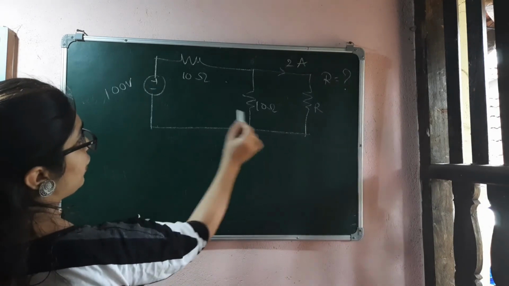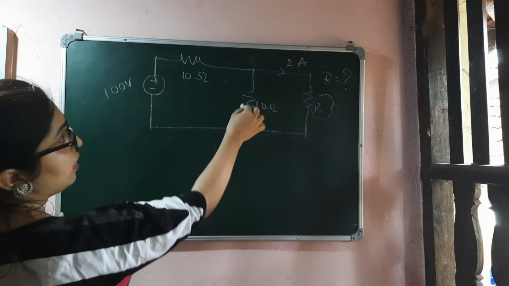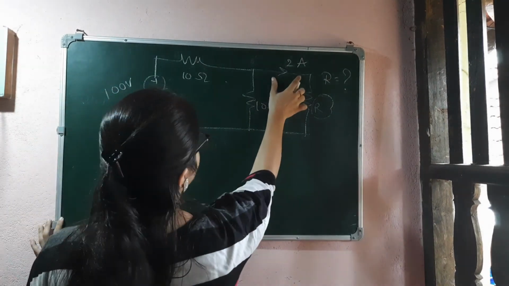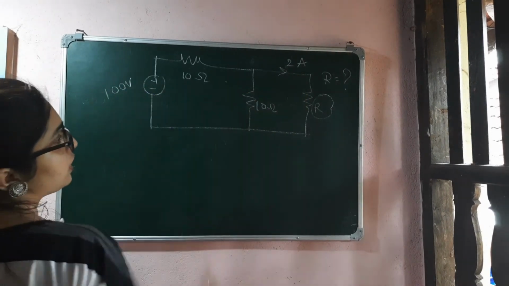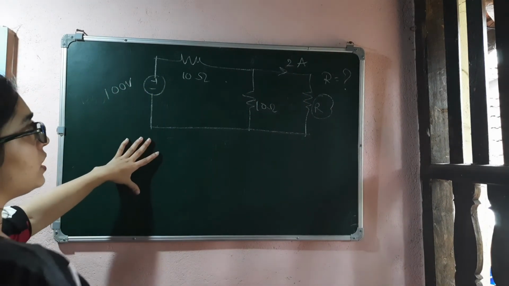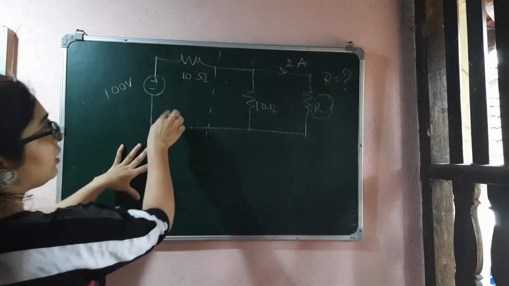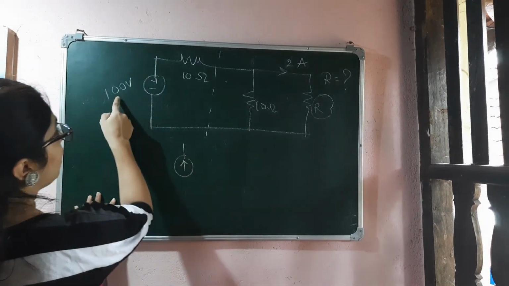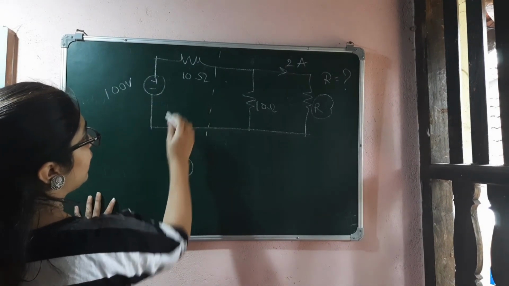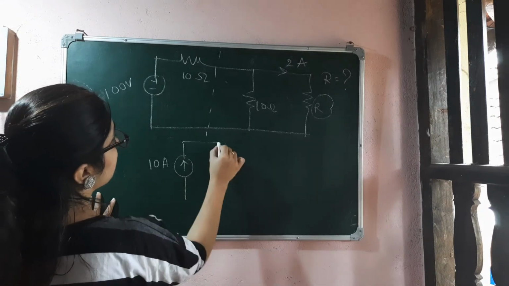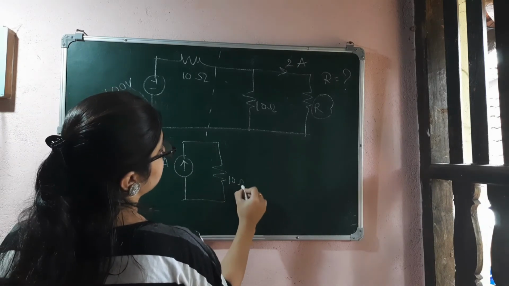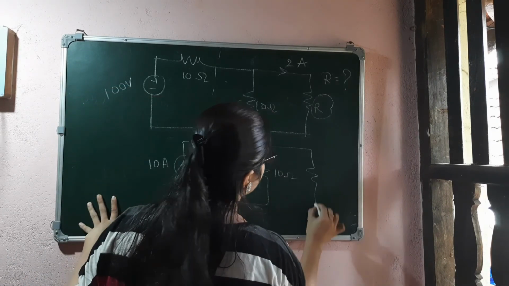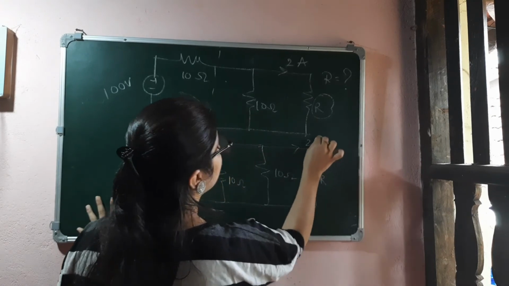In this circuit, we have to find the value of R. See, the current flowing here is 2 amperes. Here it is 100 volts, 10 ohms. So can I apply the source transformation technique here? To this part, I will convert this practical voltage source to the practical current source. So this will be V divided by R. 100 divided by 10 is 10 amperes, which is in parallel with the 10 ohm resistor. Now I will add this 10 ohm resistor here, and this is the R. But this is the current 2 ampere.